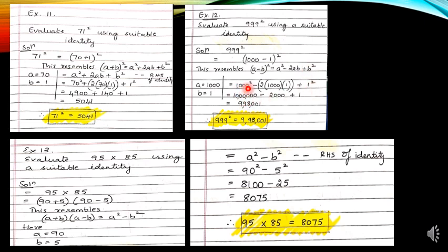Now here we have 3 zeros, so the square will have double of that, that is 6 zeros. Remember like that. Recently you studied squares and square roots, isn't it? So all of you are aware of the number of zeros in the square root and square. So here we have 3 zeros, so the square will have 6 zeros. Then 2 into 1000 into 1 is 2000, 1 square is 1. And when you simplify this, you will be getting this as the answer.